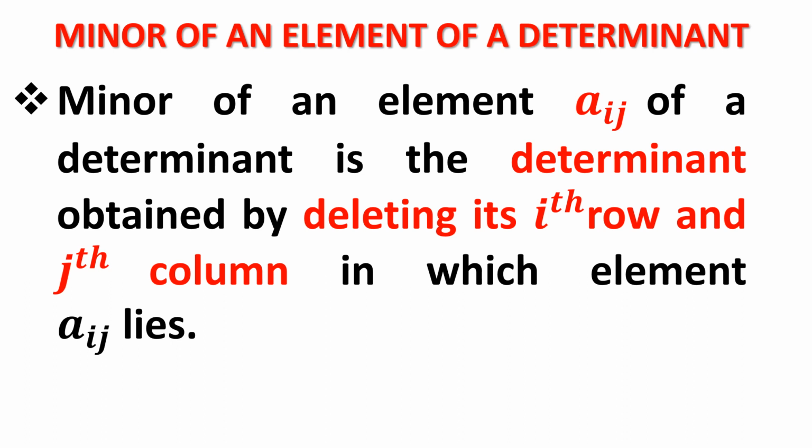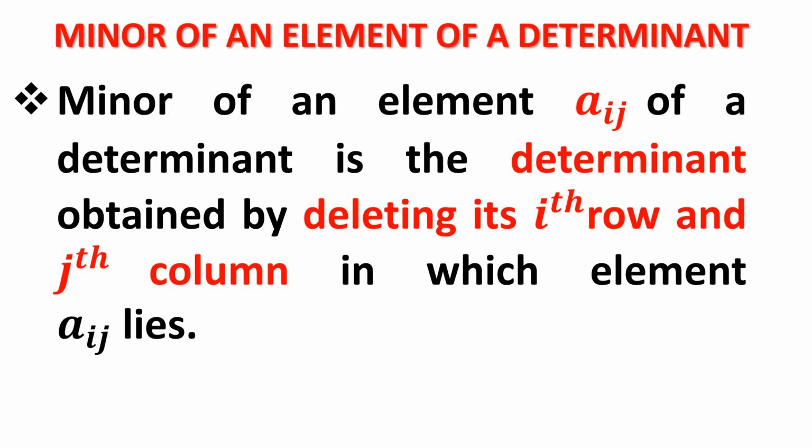How did you do it? Whenever you are doing it with row number 1, we take that element and multiply it by a 2 cross 2 determinant obtained by removing the row and column in which it lies. We have done it in many cases to get the value of the determinant. That is the meaning of expansion of a determinant.